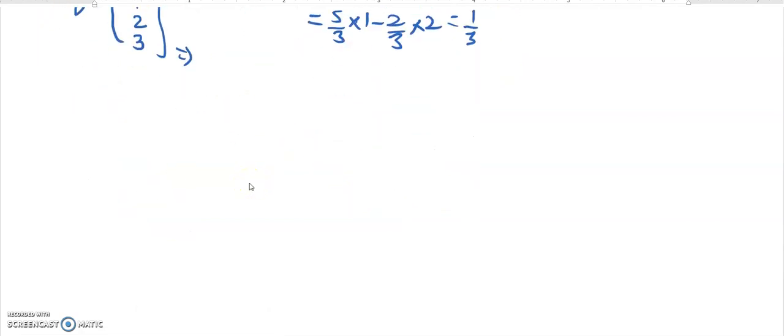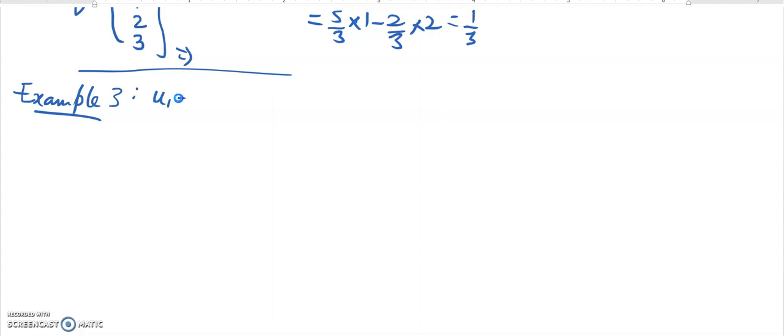Okay, one more question for determining whether the given vectors are in the vector space or not. So this may be taken as example 3. Okay, so if you have two vectors, u1 is equal to (3, 2) and u2 is equal to (5, 3),